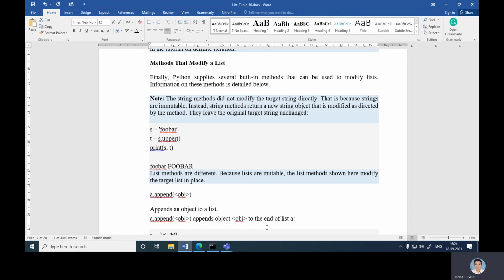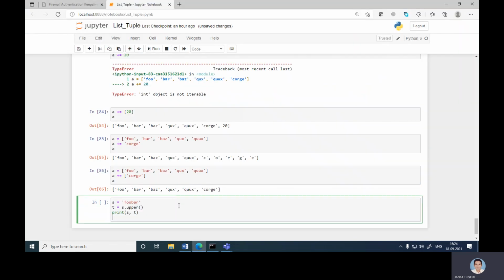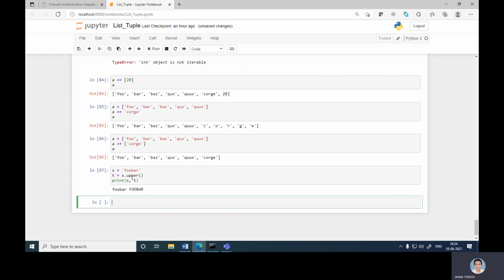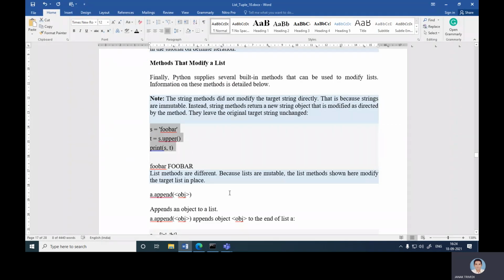They leave the original target string unchanged. As s = foobar, then t = s.upper, and print. So now foobar is changed to uppercase. First print s, then t. So this is s, then t is changed with upper, so all the characters are printed in uppercase.